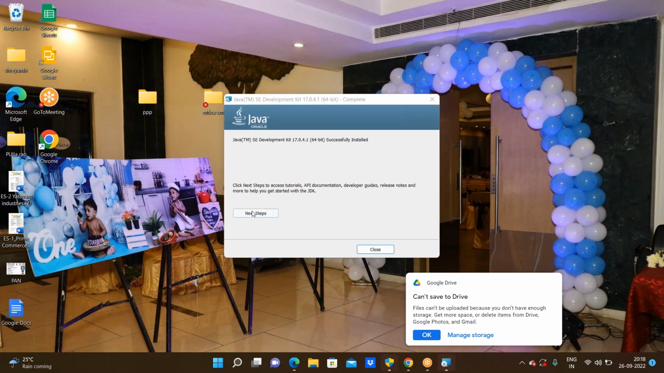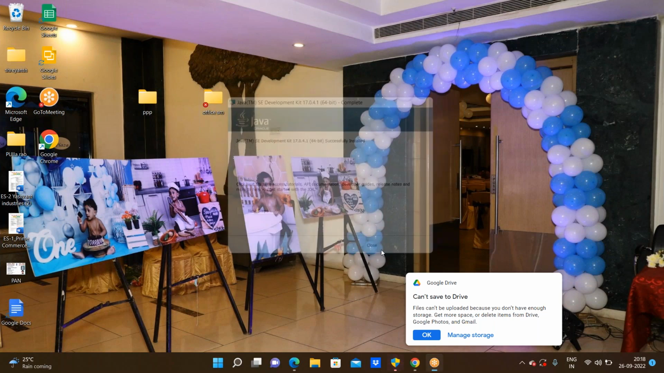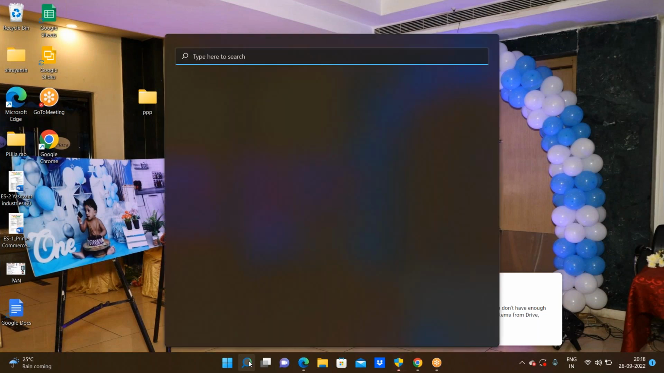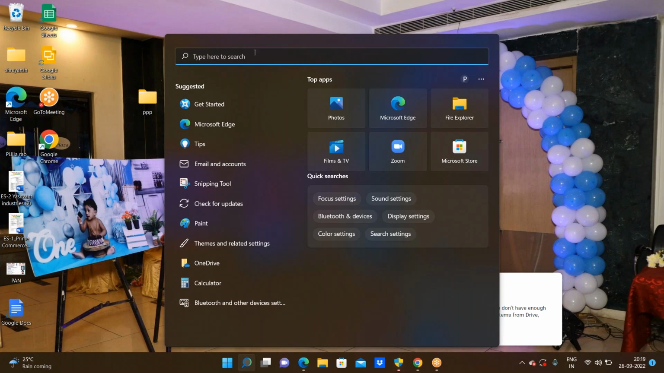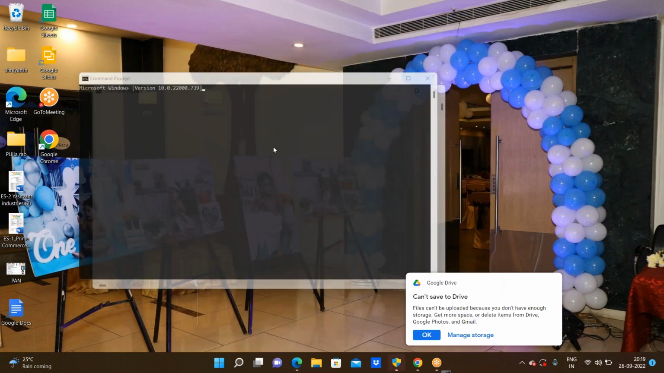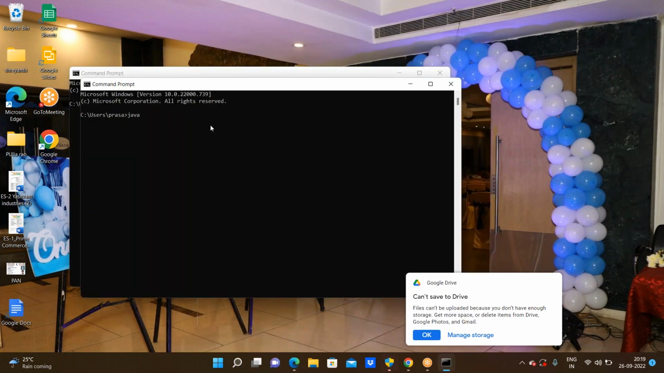Now we have successfully completed, then close. Now we need to check whether it was successfully downloaded or not. Go through the command prompt. Here I'm entering the command prompt. In the command prompt we need to give java space